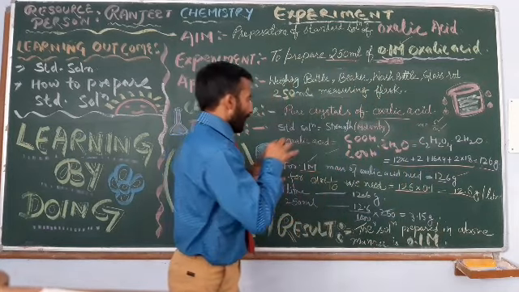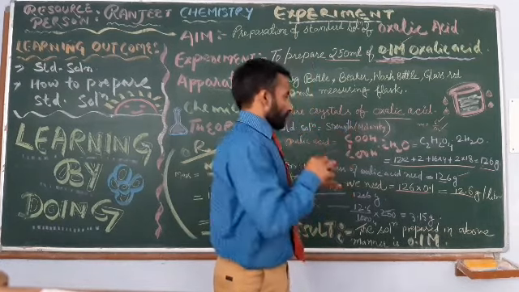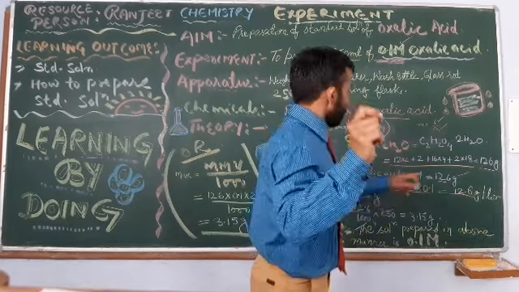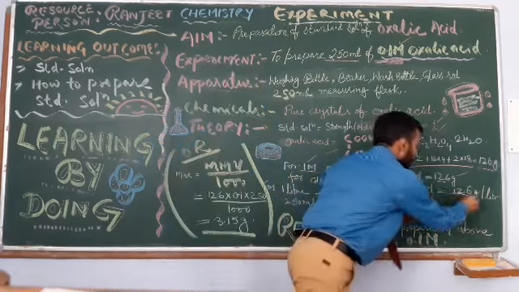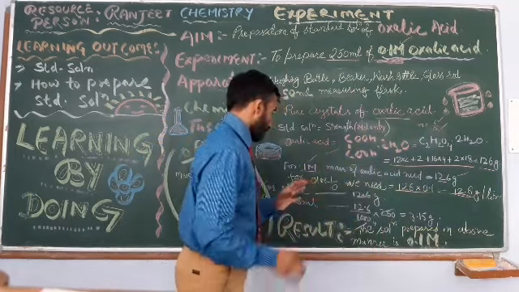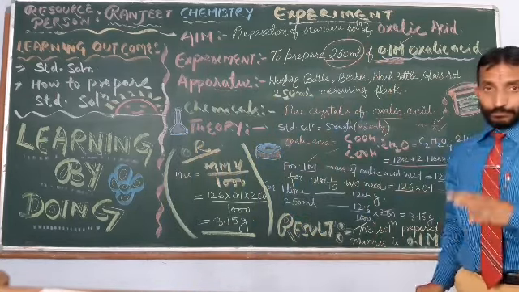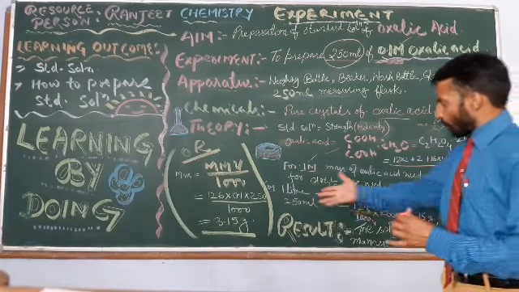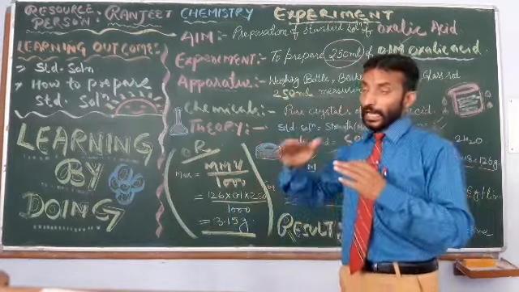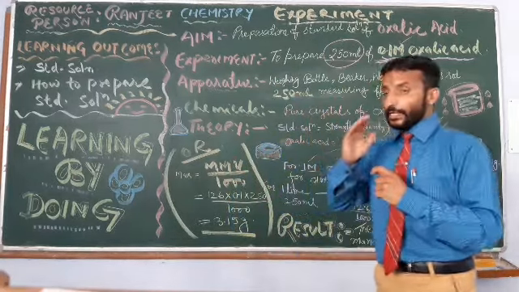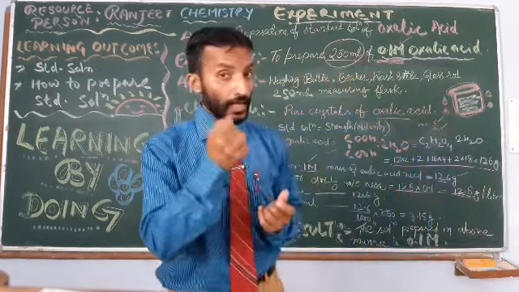Right? To prepare 1 molar we need 126 gram, but for 0.1 molar, 12.6 gram is required. Okay. Now next, but I have to prepare 250 ml. 250 ml is required. So for the volume, from 1 liter I divide by 4, right? Same way divide the mass also by 4. You will get the required mass which I have to weigh.